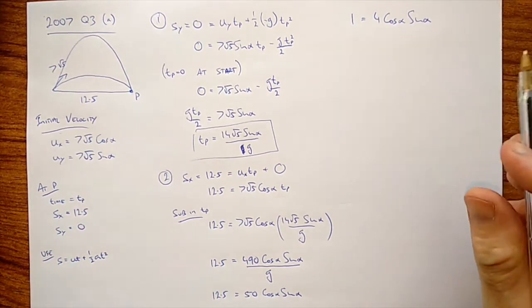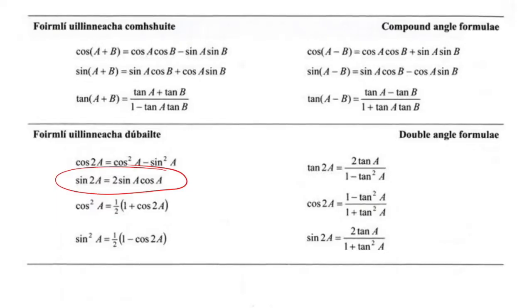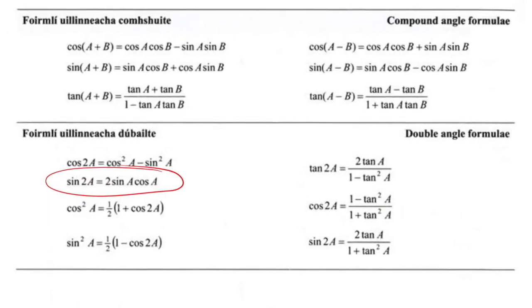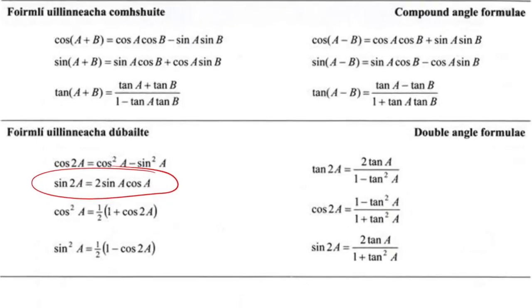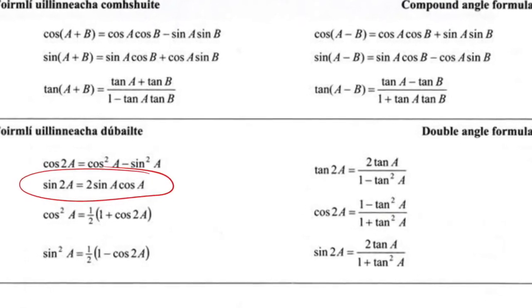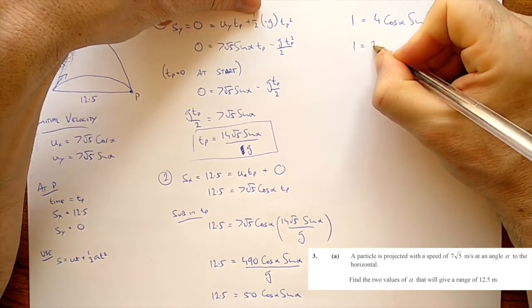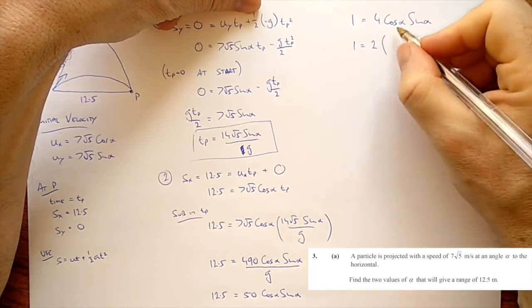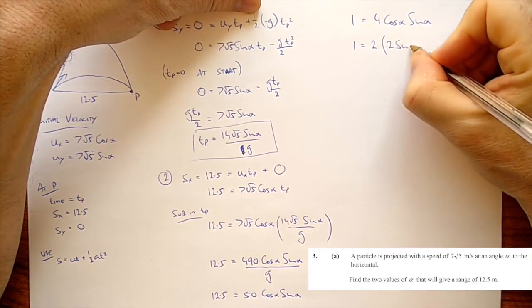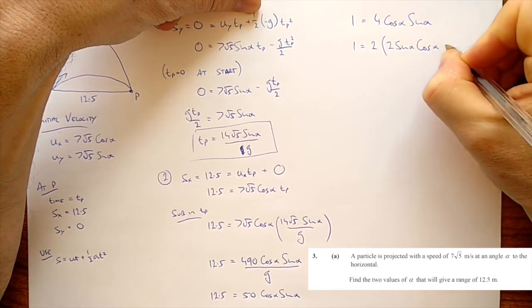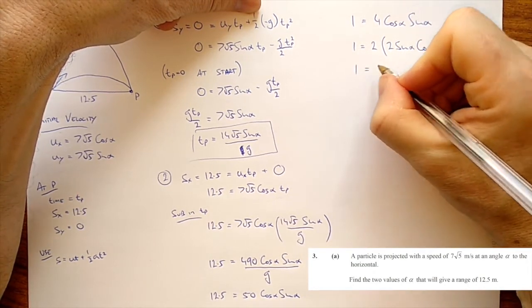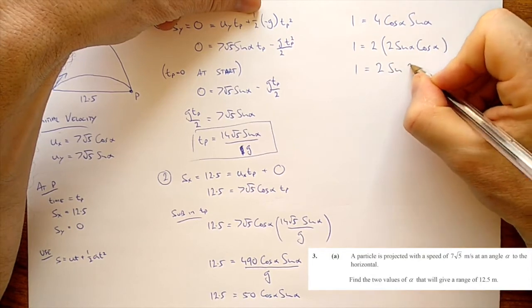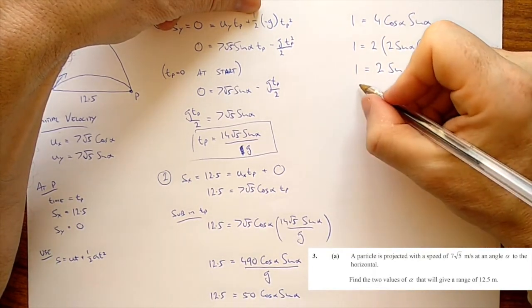The key thing we're going to use is that 2 cos alpha sine alpha is equal to sine 2 alpha. So just lay that out here: 1 equals 2 times 2 sine alpha cos alpha. I think that's how they write it in the tables. So 1 equals 2 sine 2 alpha, which of course means sine 2 alpha